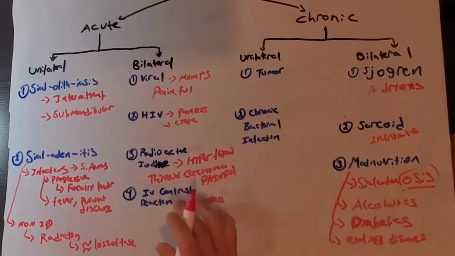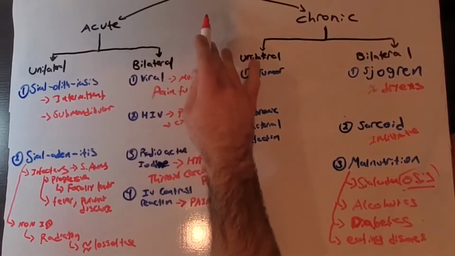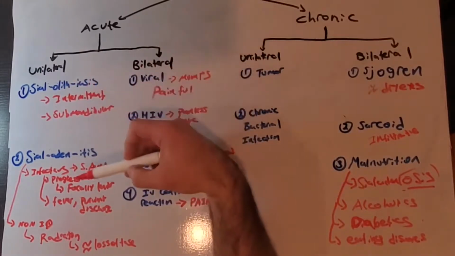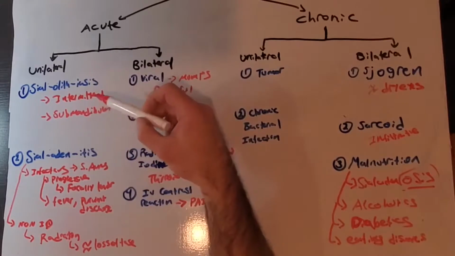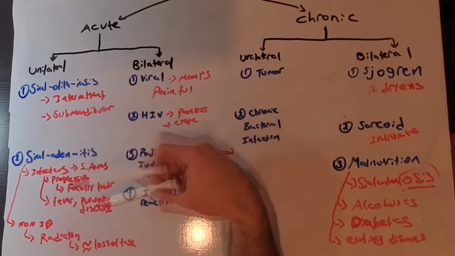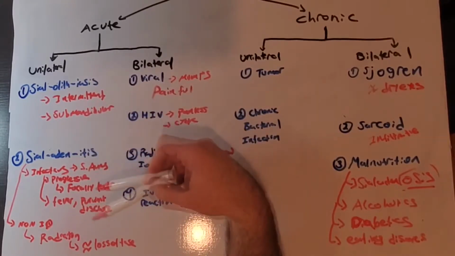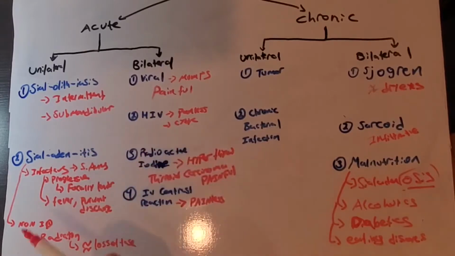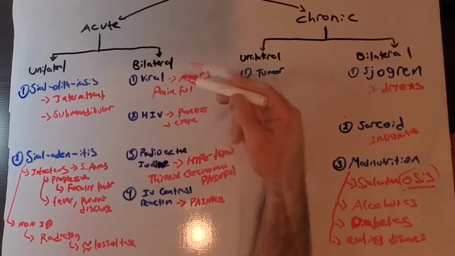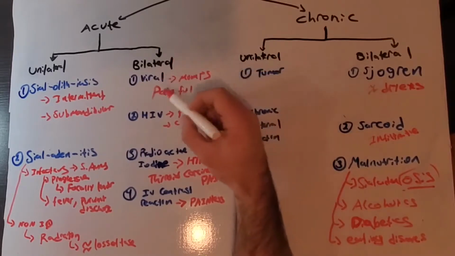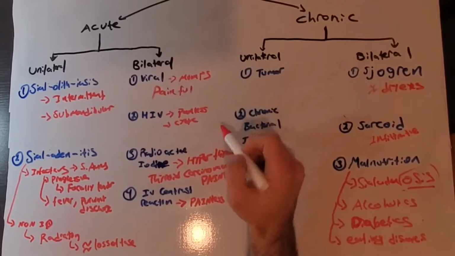So this is the overview of salivary gland swelling differentials. We'll go over them again quickly one more time. In acute unilateral salivary gland swelling, there's obstructive causes, inflammatory causes, stone, submandibular, parotid, infectious, progressively painful, purulent, fever for infectious, radiation, history of radiation, maybe loss of taste, non-infectious. Bilaterally, viral is painful unless it's HIV, cystic, painless,